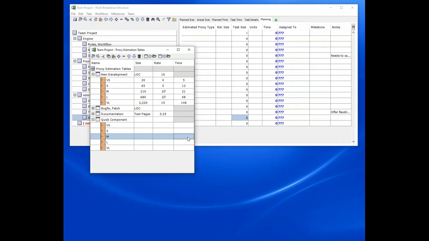With no historical data, a team can just create a simple proxy estimation table and, for example, enter the average time that a particular item of this type might take. Let's say the particular item of this type might take, on average, 10 hours. After entering no further information, the proxy estimation table will go ahead and fill in a log normal table based on SEI guidance